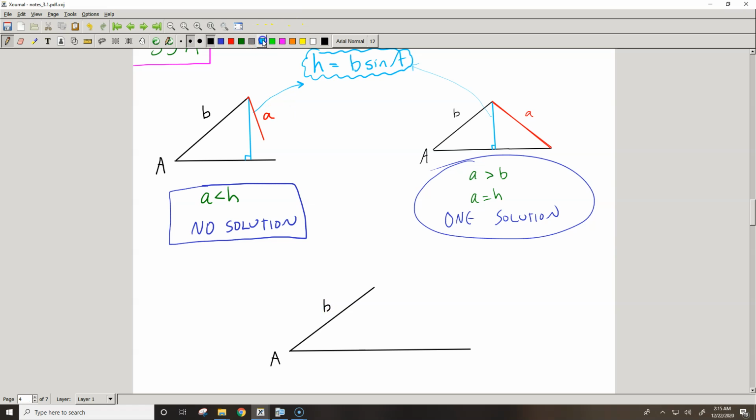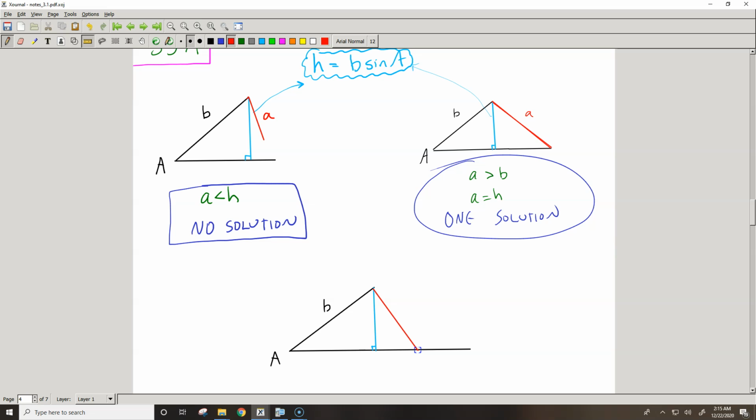And of course we have a height. We can draw on that height if we wanted to. There's our height of the triangle, and then our side A. So the ambiguous case comes when you have a situation where the A value is bigger than the height, but it's also less than B. So if this A value is greater than the height, but also less than B, then we could draw